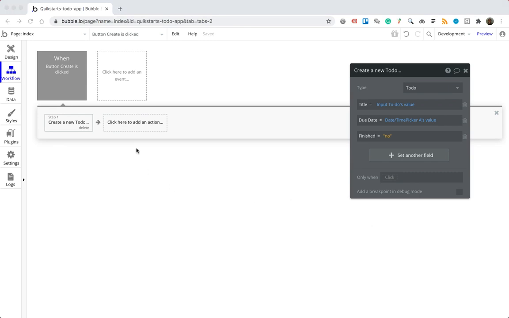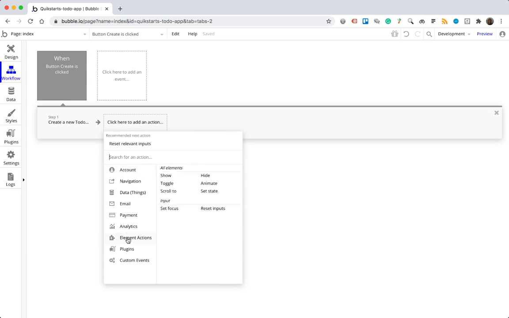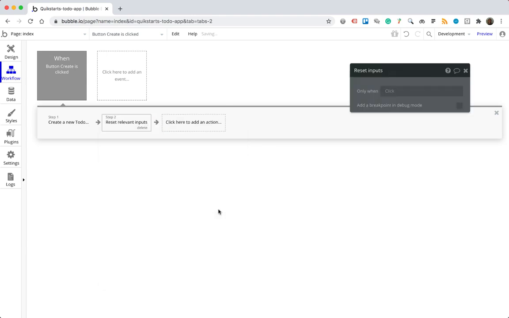Now that we've taken care of that, we're going to add one final action here while we're on the workflow tab. We're going to click here to add an action option. We're going to select element actions and then reset inputs. And essentially what that does is once a user on the front end of the application has entered information and clicked on the create button,